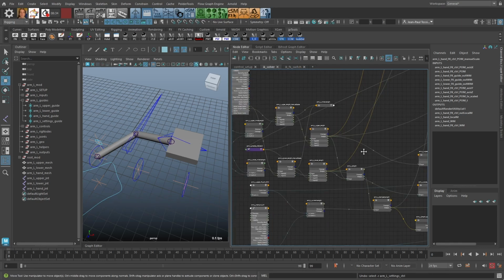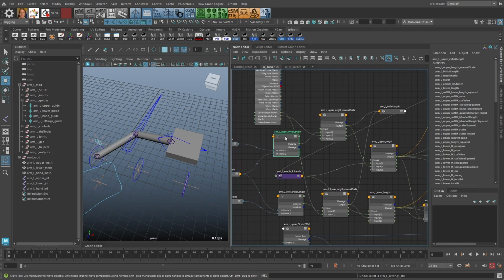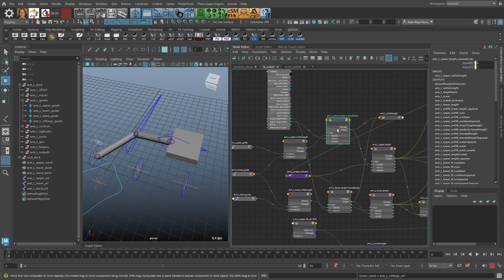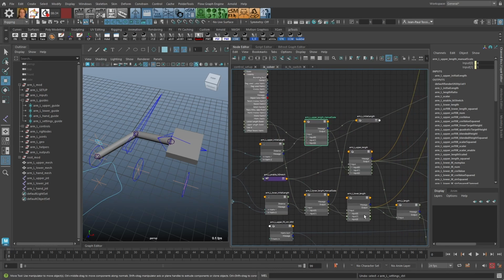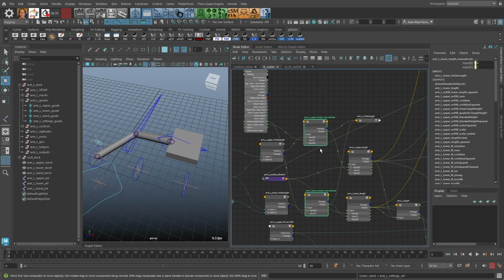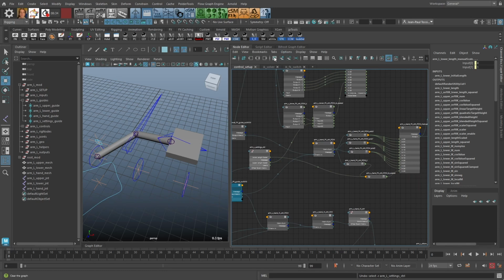However, for the IK setup, we already took the original lengths, which we measured from the guides, and multiplied it with the scale, and then used that in the IK setup. So as well, we could have reused these nodes, because we're using the same scale for IK and FK anyway, and these lengths are calculated as well. So if we, for example, add in these nodes here,